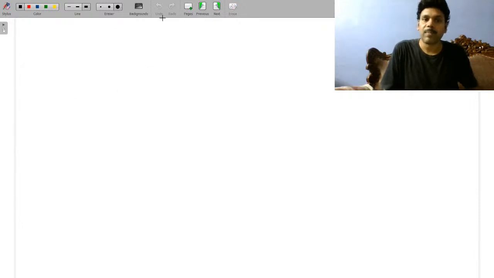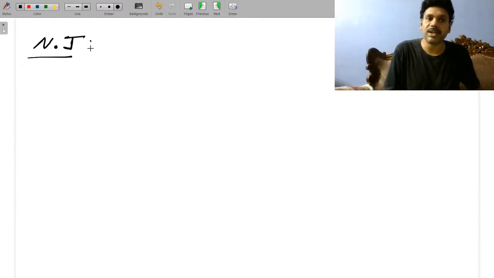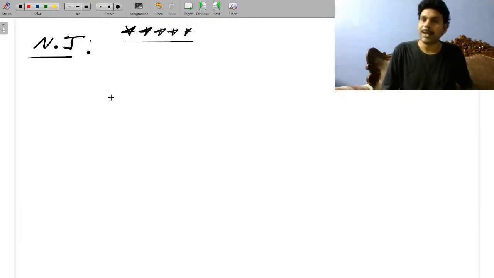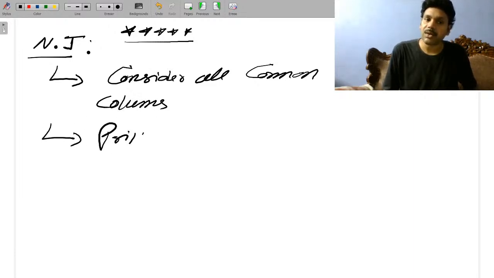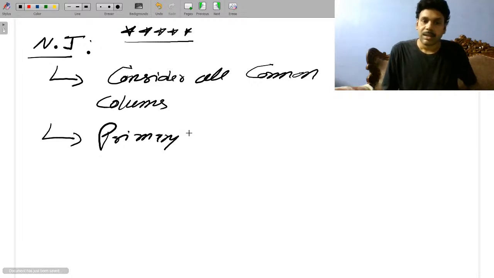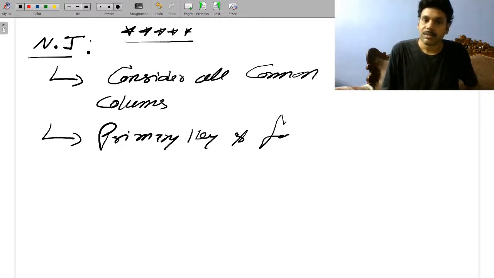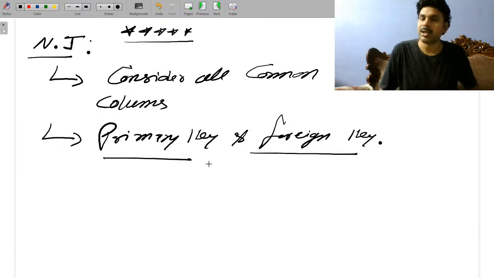Now come here. This is very important, friends. Very important. Now I am going to give you a shortcut. Now you see, natural join considers all common columns, especially we take care of primary key and foreign key. Primary key and foreign key. Okay, this is a very important point. That's why